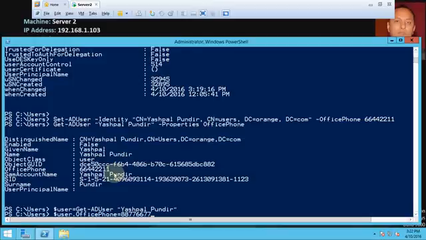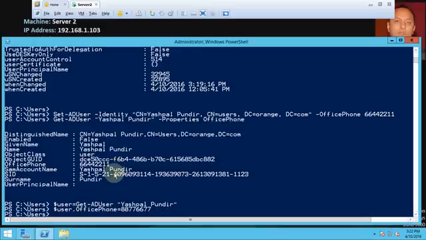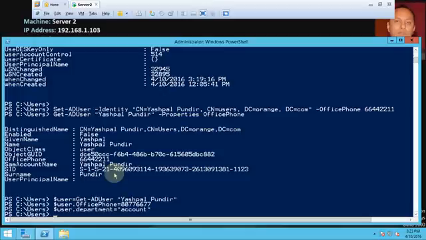Fine. Is there any other property you want to modify? You can also do that, like user dot department equals to accounts. Press enter. This has been modified,